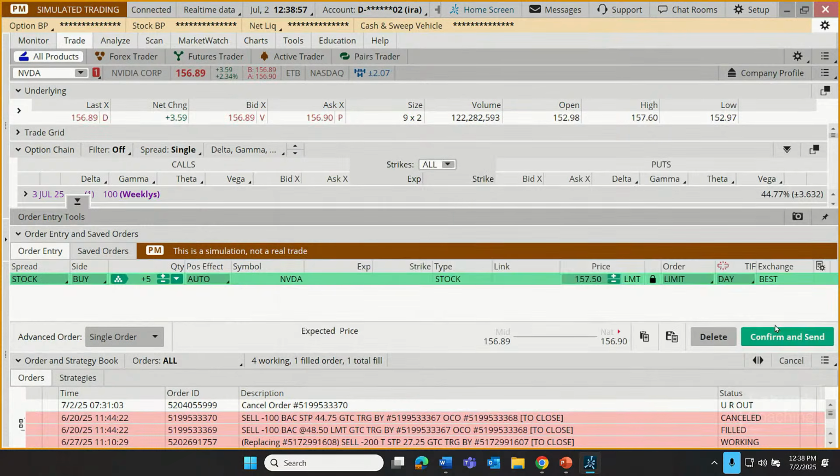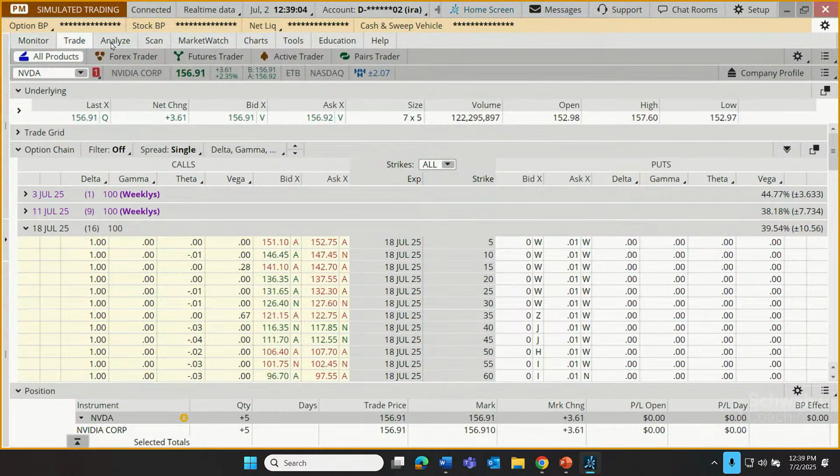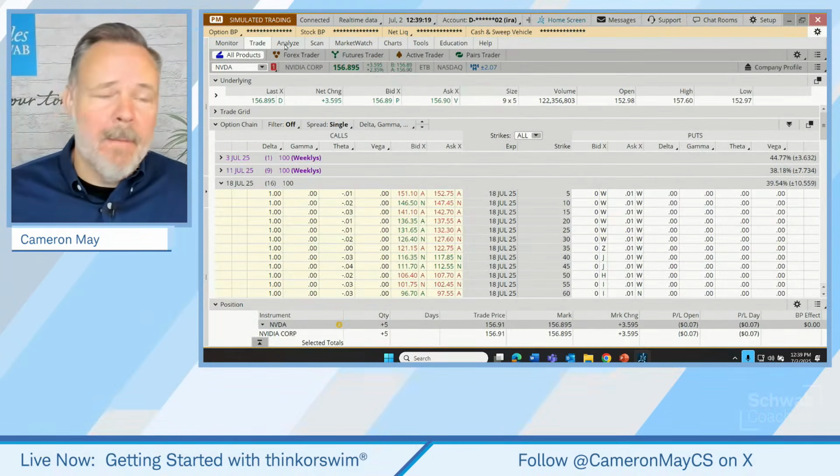Now watch what happens. As I send that order off, there's a confirmation. We just bought 5 shares of NVIDIA. I remember my heart skipped a beat the first time I ever did this in my real account. This is just a paper money account. So we can feel a little bit better. Okay. No real risk, unfortunately, yet no real reward potential either.